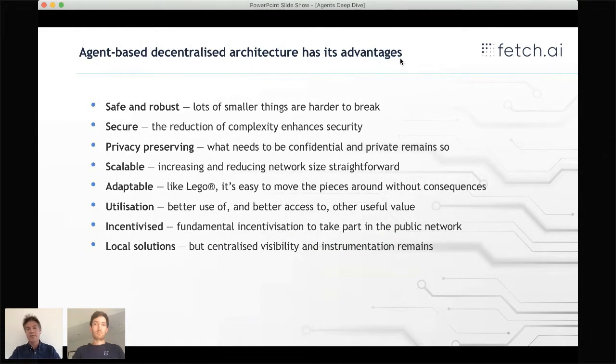And if there's one thing that 2020 has taught us, well, there's probably a few things that it's taught us, but the world can change very, very quickly indeed. And large, complex, centralized systems find it quite hard to adapt to that. But individual small agents that are representing individual parts of the economy can rearrange themselves in different ways in order to adapt to the environment that they find themselves in.